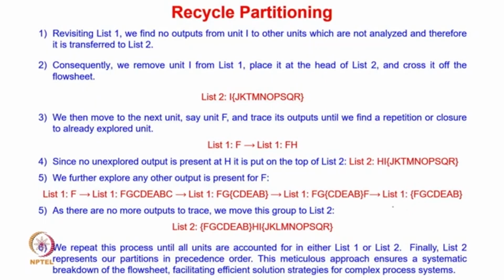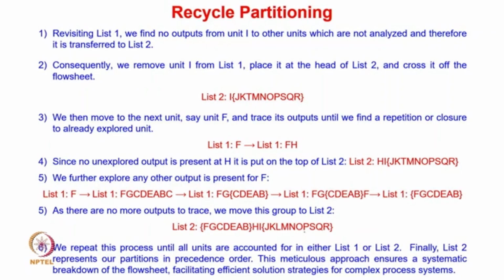Now all these units we have counted. Now this particular group I have to take at the start here in list 2. So what will we have in list 2 now? F, G, C, D, E, A, B as one group, H separately, I separately, and the last group will be